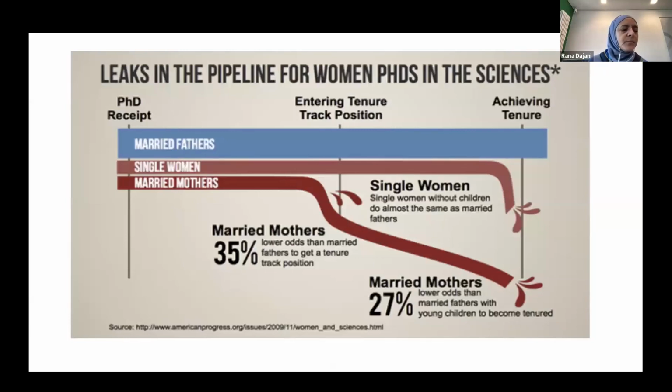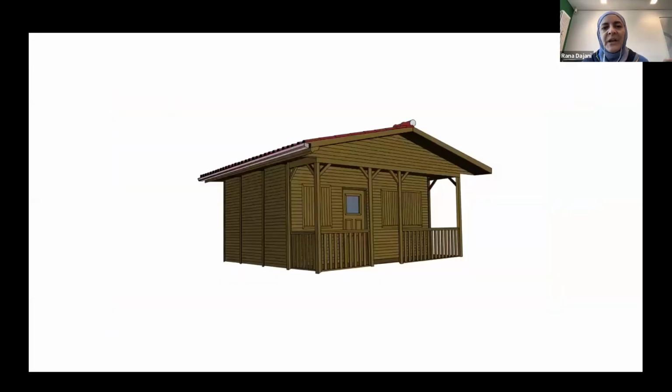Now we go to the important point. So what about women in particular? If you talk about women in particular, this is a problem across the world. This is not reserved to the global South. The challenge is as women enter the workforce in science, they start dropping off when they're married and even more so when they have children compared to men. So this leaky pipeline is a big challenge across the world, and I want to address it to help women all over. And the core reason is that we have a patriarchal system, and so the workforce as it is has been designed for men by men.